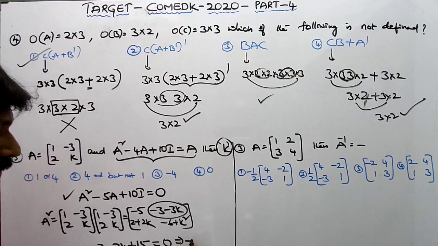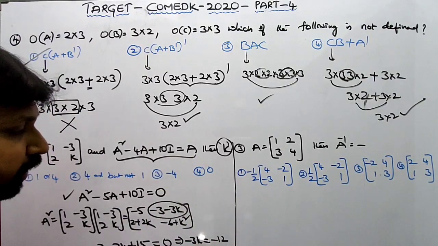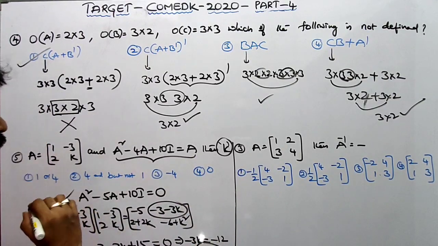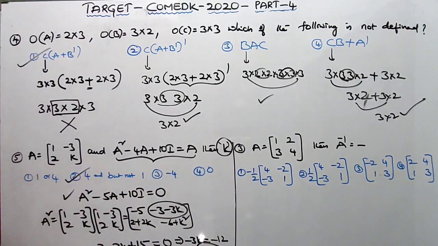Which implies minus 3k is equal to 15 minus 3, that is 12. Taking 12 to that side, minus 12. So k is equal to 4, friends. So 4 is your answer. Only one value you are getting, 4. So that is your answer. If you check with any other element also, you are going to get k as 4 only. If you have any doubt, check with the third element and fourth element also. If by chance it gives 1, then go for the first option. Otherwise the second option is the only correct answer.